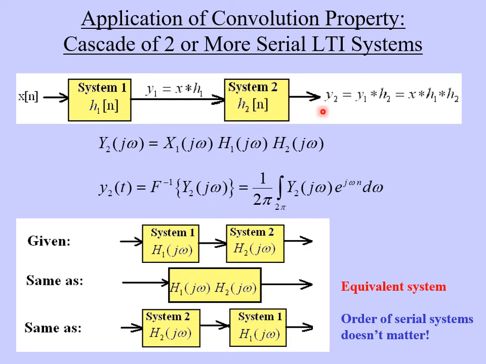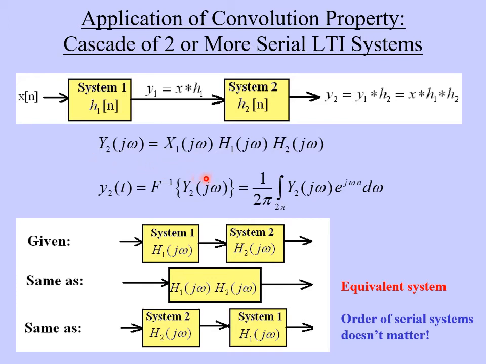Then the output of this whole thing is basically whatever the input signal x is, convolved with h1, convolved with h2. Obviously, this would be a real nightmare to figure out because you'd have to do two convolutions to find the output. But by using the convolution property, what we can do here,